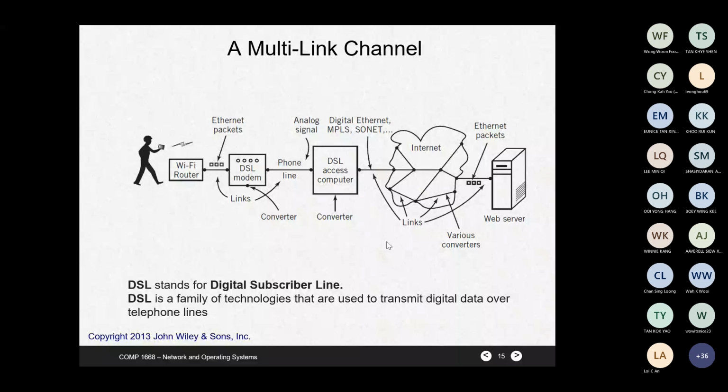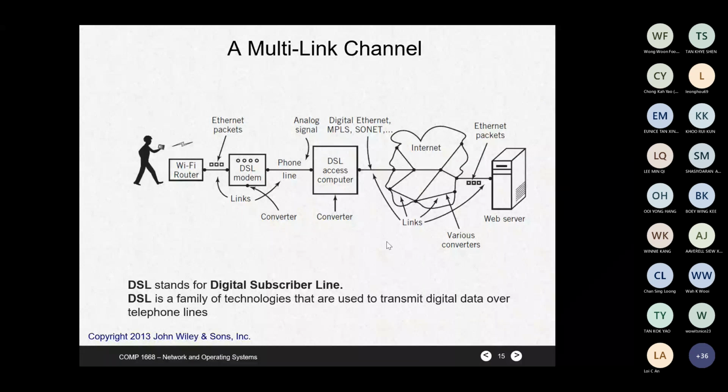So we cannot decide. All that will be decided by the system. It will depend on the protocols, the bandwidth, and the traffic; that is how it works. DSL stands for digital subscriber line, quite an old communication channel, which has been replaced by many more advanced or newer channels.